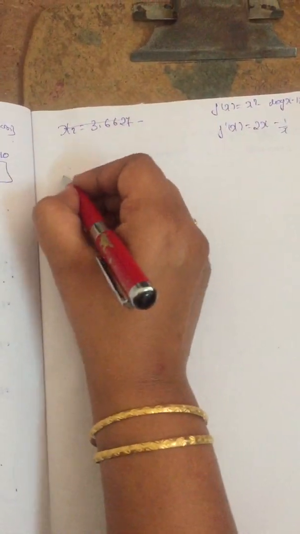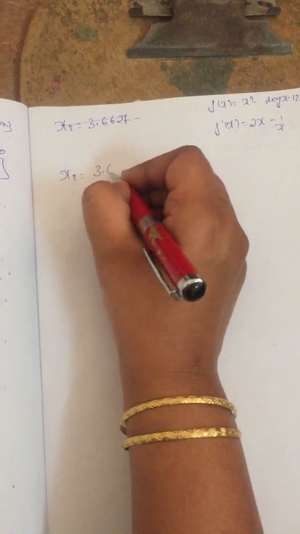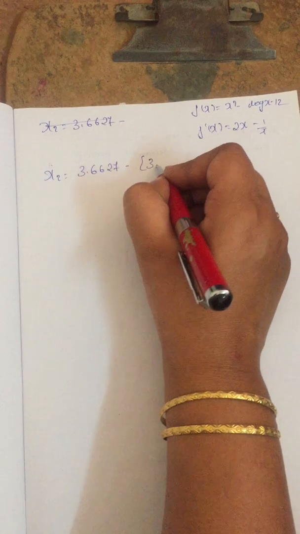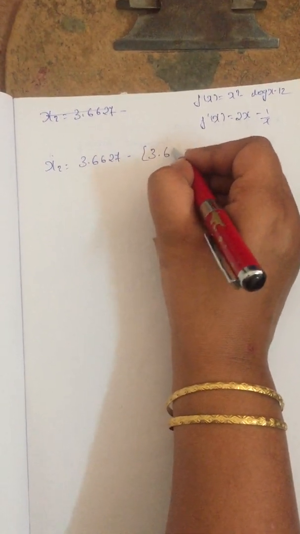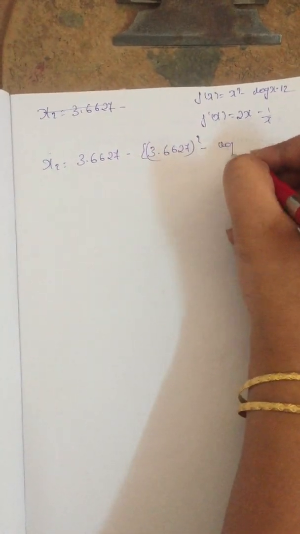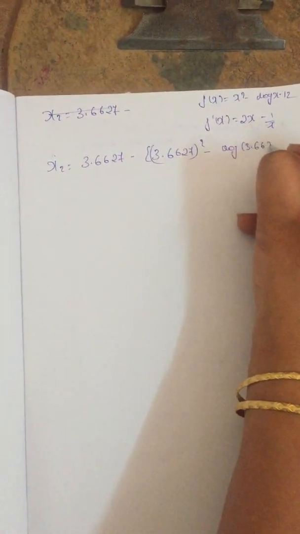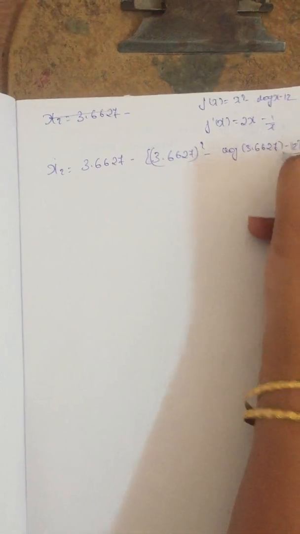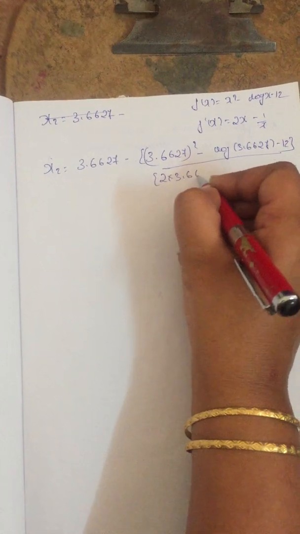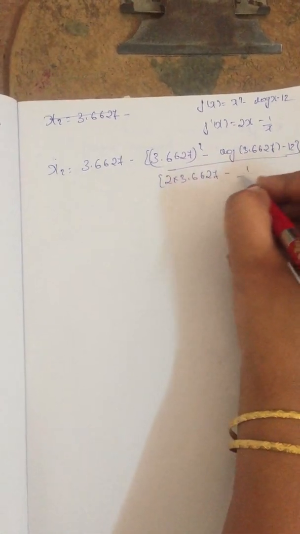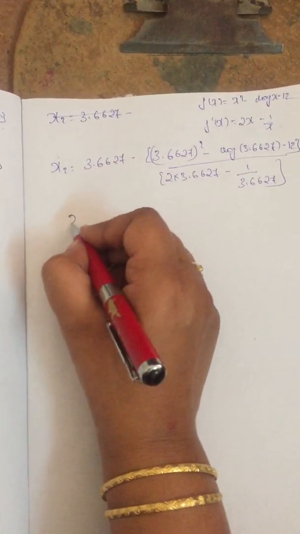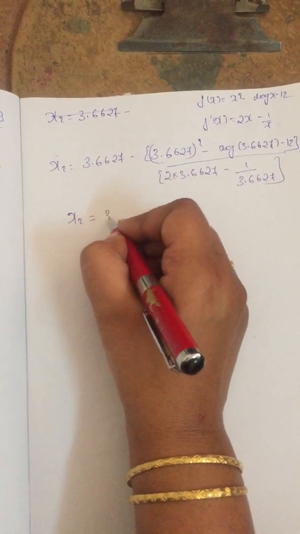So x2 is equal to 3.6627 minus (3.6627 whole square minus log of 3.6627 minus 12) divided by (2 into 3.6627 minus 1 by 3.6627). So simplify, here we get x2 value